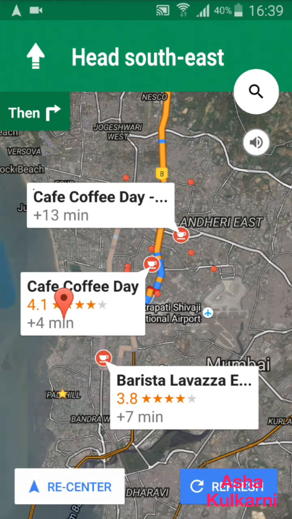I hope you have learned how to navigate. Please navigate to different places, not necessarily in Mumbai only. To a nearby place, say Pune, you want to go to Goa, you want to go to Igatpuri, just navigate and check it out virtually. There's no harm in checking virtually, and check out the different places you get in between on your route, what is available, like the gas station, the coffee shops or restaurants or whatever.